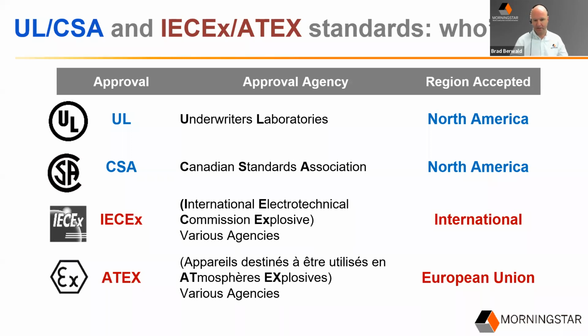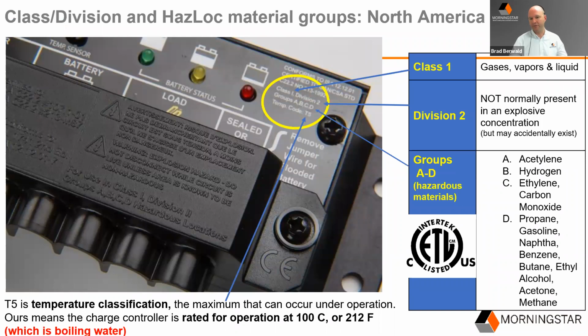And we have to follow all this very closely. And all these products are marked specifically for these certifications. After a lengthy testing process, we're actually able to mark and list these products. So just like UL 1741 for home systems and for grid tie, we do the same for UL for HAZLOC systems. So it's pretty critical, and there's lots of fine details you can see on the right regarding the types